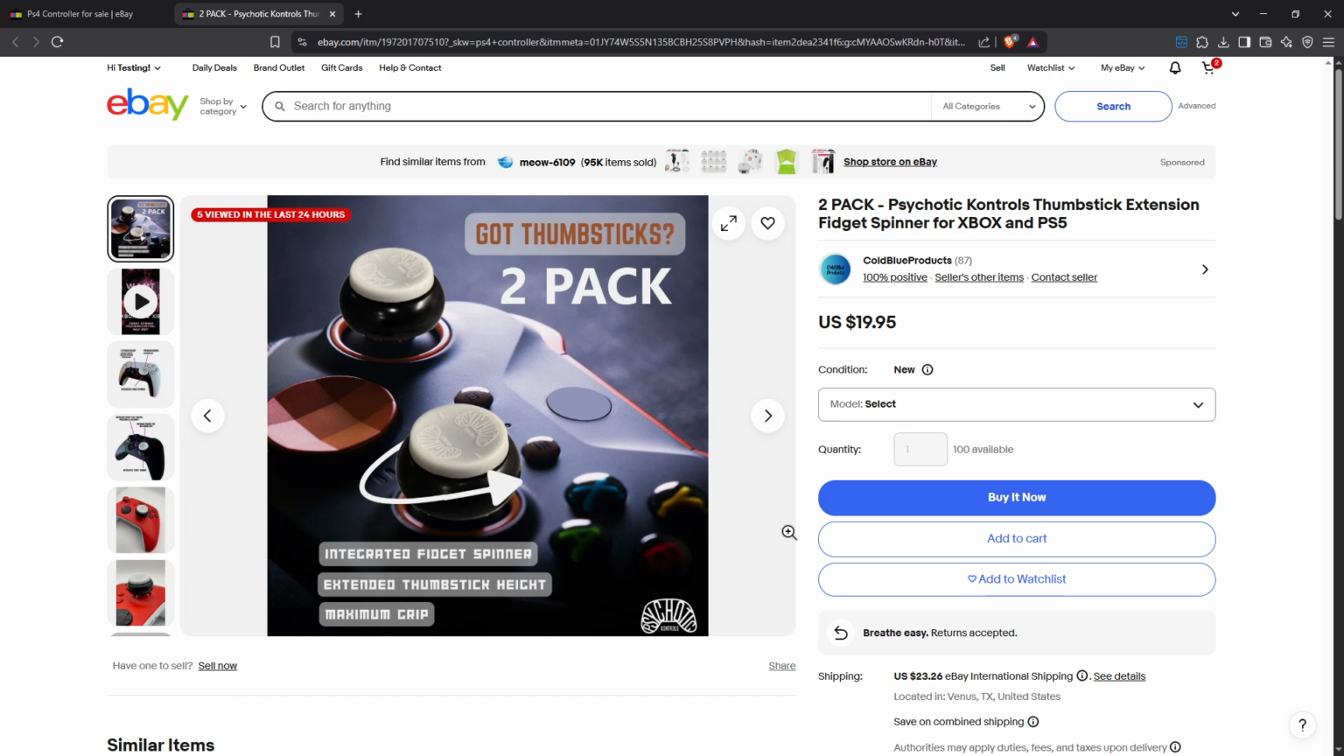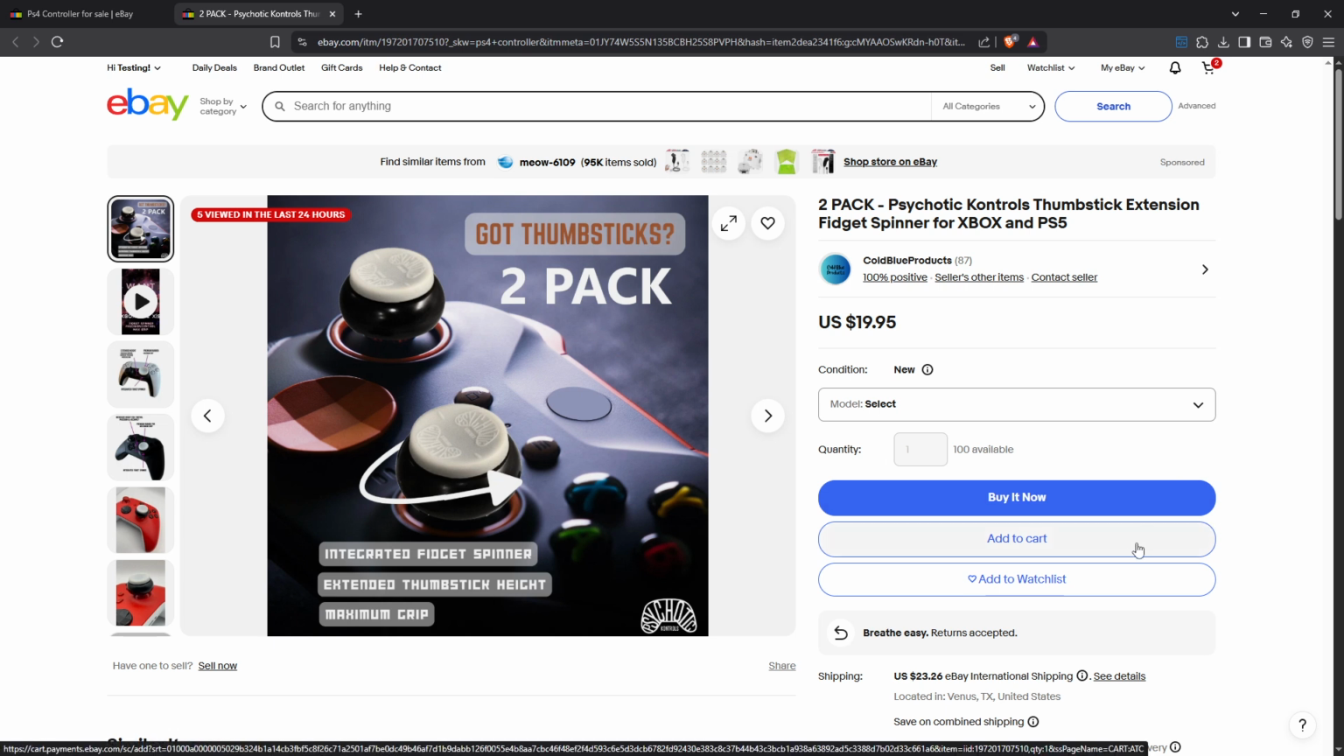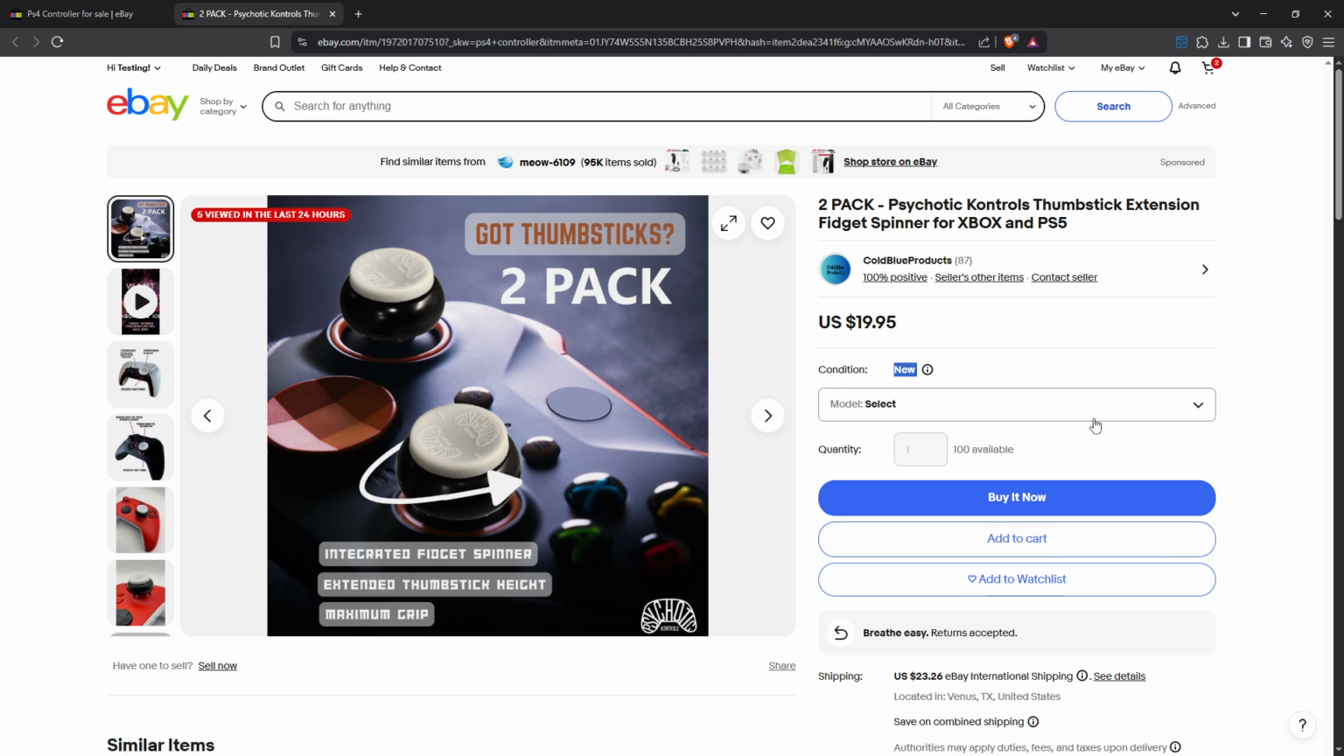On the product listing page, it's crucial to check a few key elements. First, consider the price, ensuring it fits within your budget. Then examine the condition of the item, whether it's new or used, and look at the seller's rating to gauge their reliability. Don't forget to review the shipping details so you know when to expect your delivery and any additional